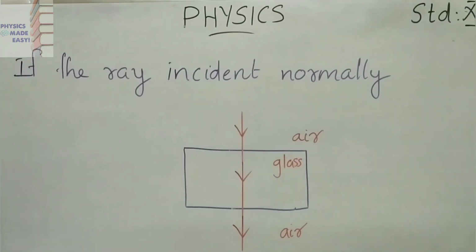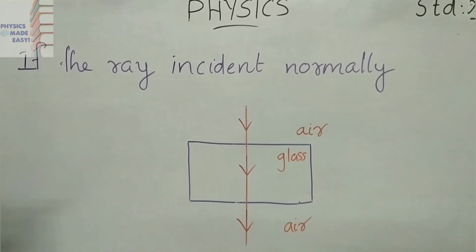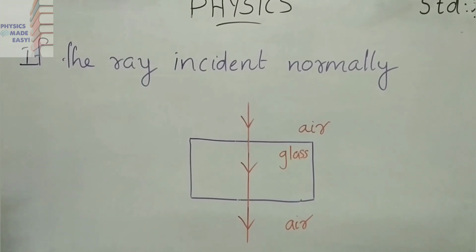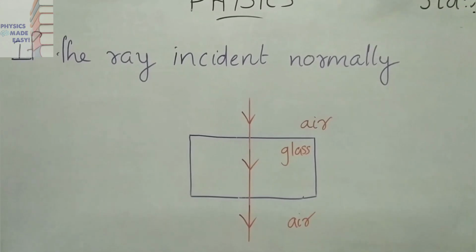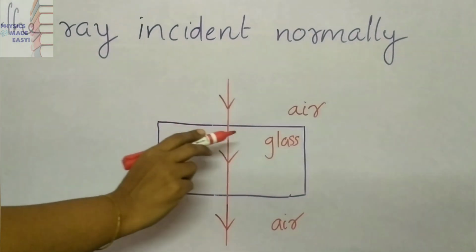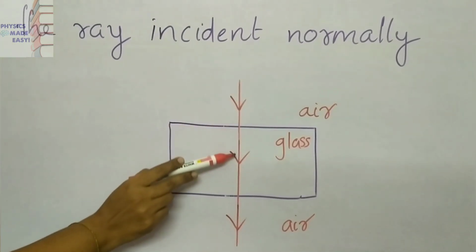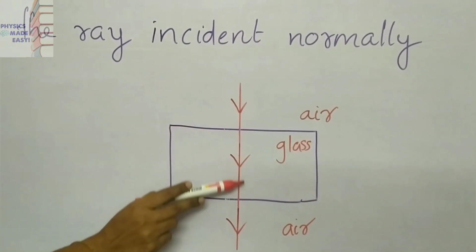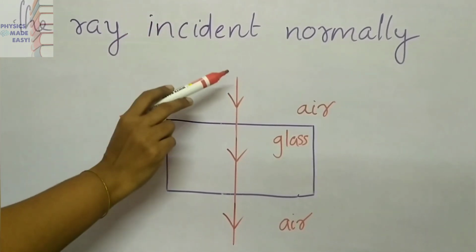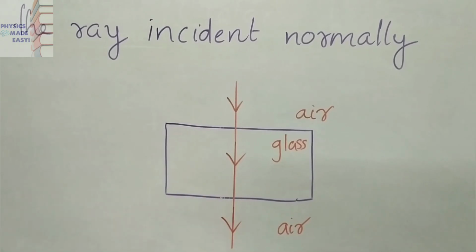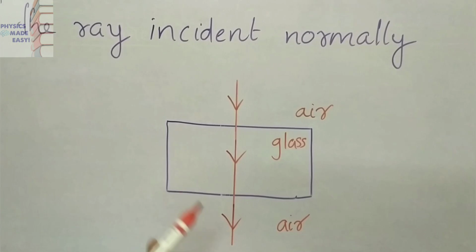We have discussed refraction when the ray falls on the glass slab obliquely. Now we can see what will happen to a ray if it is incident normal to the surface of the glass. You can see there is no refraction, it goes through a straight line. That means if the ray is incident normally, there is no refraction. You can see a straight path here, no refraction, no bending.